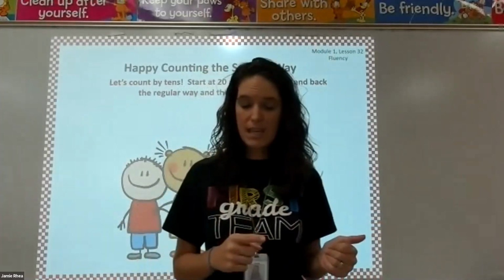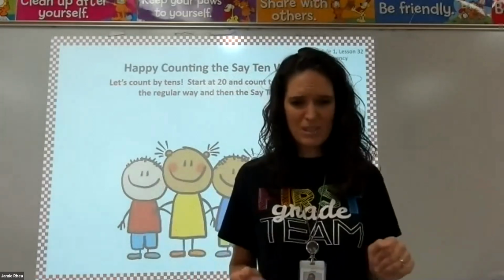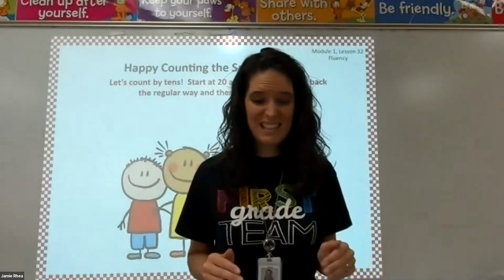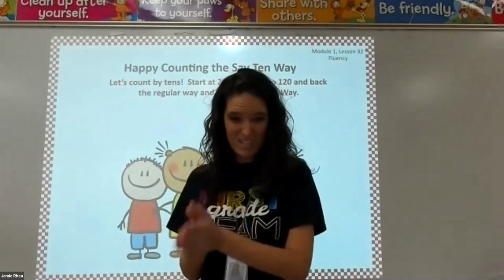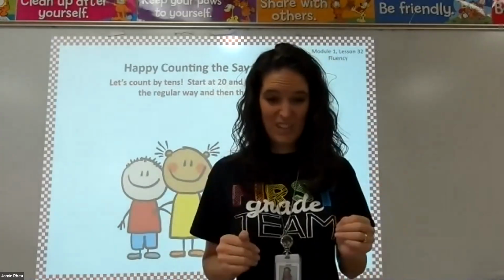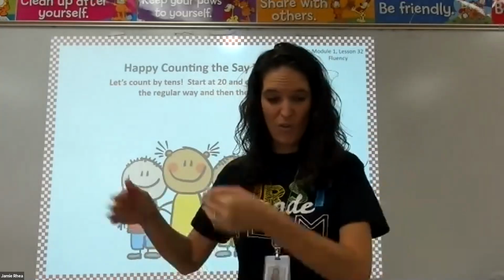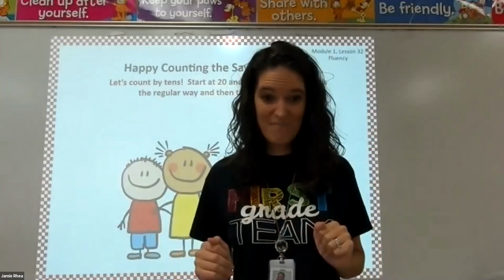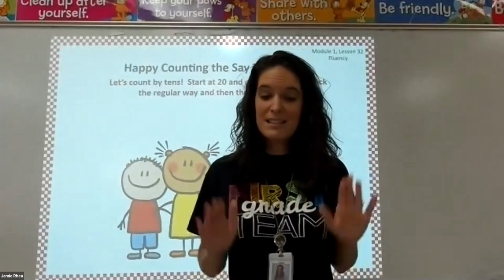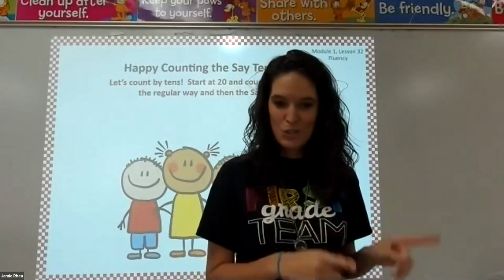Now we're going to do it the say 10 way. Now, lessons long ago, we talked about doing the say 10 way. We said that we say the number and the word 10. So if I'm going to do 10, I'd say 1 ten. I'm going to do 20, 2 tens. Okay, we're going to do that all the way to 120. Are you ready? Okay, here we go. 10, 1 ten, 20, 2 tens,